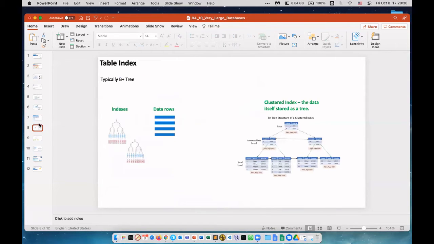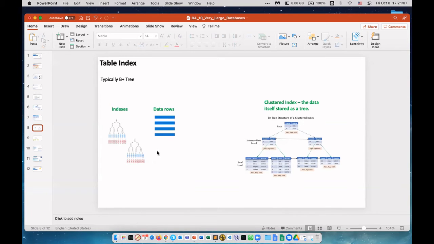Let me move this slide here because we haven't spoken about indexes so far. In the old days, like 20 years ago, data was stored in data rows. And then for fast searching, for fast querying, people used indexes. Indexes are trees. You could create an index for any column or combination of columns in a particular order. For example, an index for first name, last name, or for last name, first name. It will be 2 different trees.